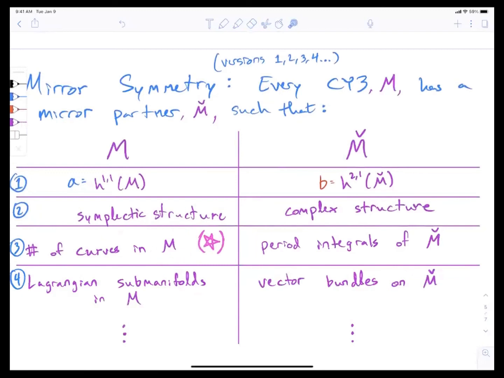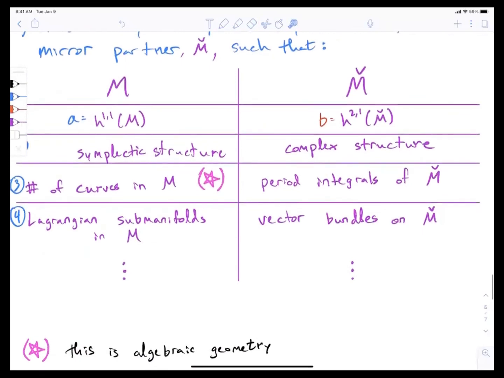One really interesting thing about these constraints of being a Calabi-Yau threefold is it's expected that in a lot of cases, the number of Riemann surfaces that sit inside one of these spaces is actually finite. And so you can count how many curves there are of a given genus sitting inside it in a certain way, and you can get those numbers. I put a star here because that's actually where the algebraic geometry comes into this story most directly.